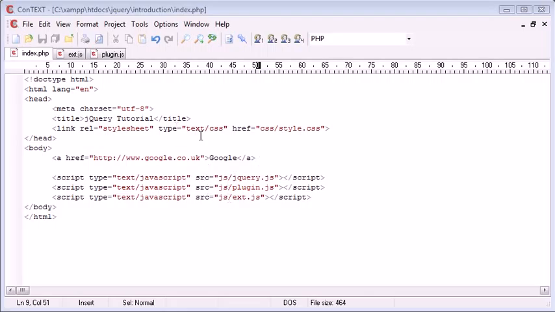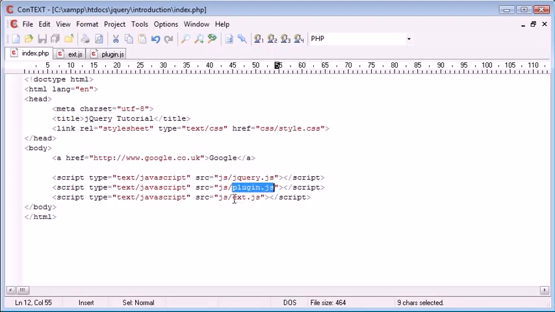So let's take a look first of all at the index.php page and what I've done with this function, and also how I've included it. You see that I've included three different files. The first one is jQuery.js, which is our jQuery library, which obviously we need. We've then created our plugin inside plugin.js, and we're calling this plugin, making use of it